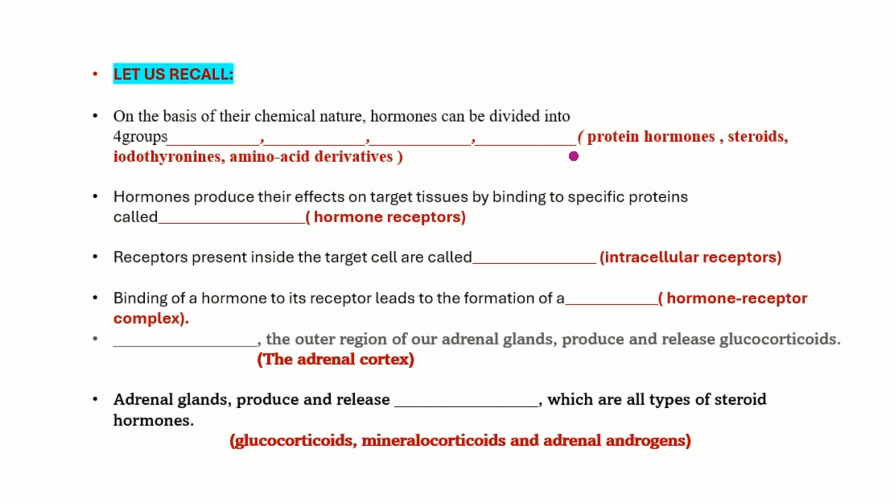Yes, very good. It is protein hormones, steroid, iodothyronines, amino acid derivatives. Shall we go into the next one? Hormones produce their effects on target tissues by binding to specific proteins, which are called hormone receptors. Coming to the third question, receptors present inside the target cells are called as,